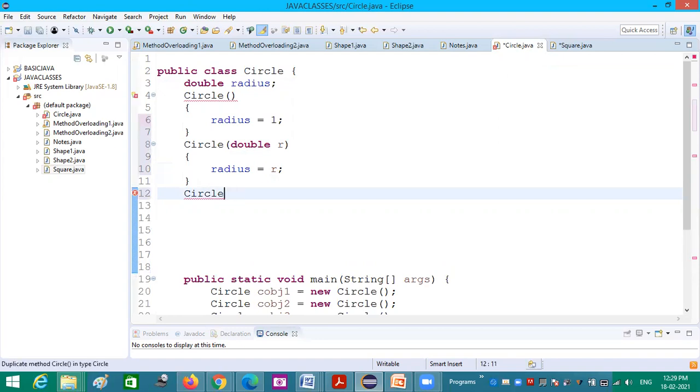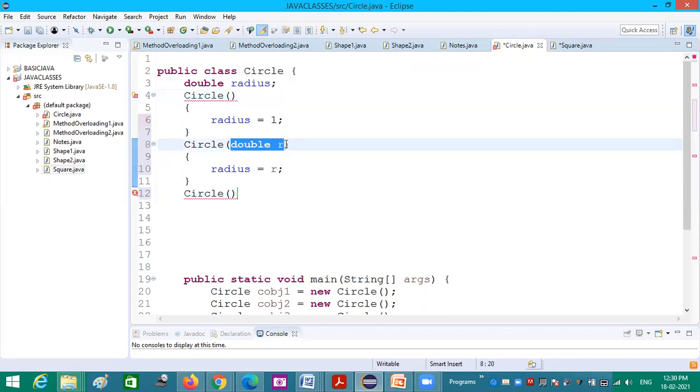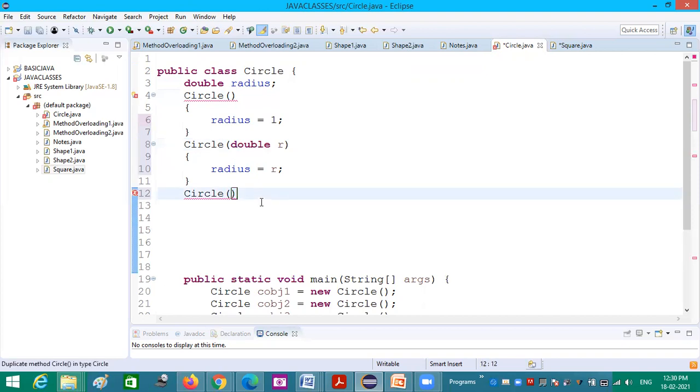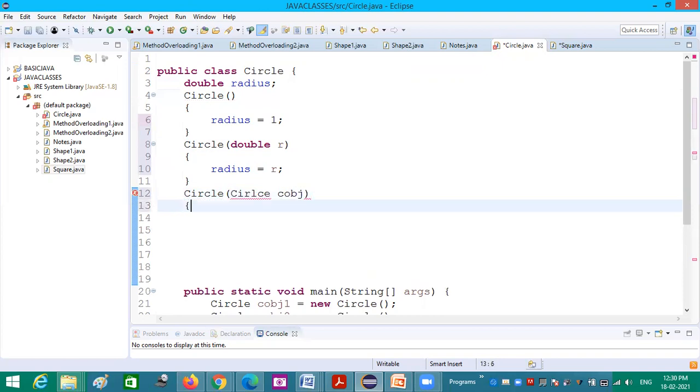As I told, another object can also be passed as a parameter. So for the first constructor there is no argument. For the second constructor only one argument, that is double. And for the third constructor I am passing the Circle object itself, Circle cObj.